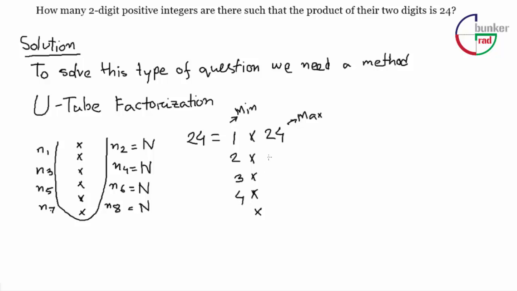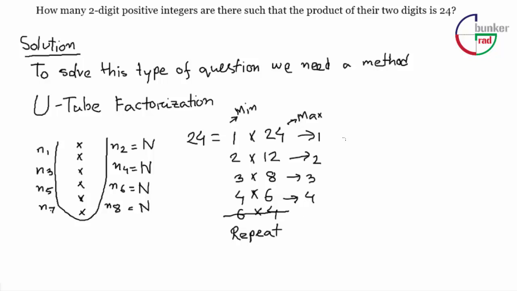So if we do this, we can get 3 multiplied by 8, which is 24, and then 4 multiplied by 6, also 24. Now if we look at it, after putting 4, we can use 6 multiplied by 4. As we can see, 4 multiplied by 6 and 6 multiplied by 4 are the same, and it becomes repeated, so we will stop there. Also, the difference between 4 and 6 is actually 2, and it's close to 0, so we'll stop here. Now we will see how many types of multiplication can be done to make it 24,